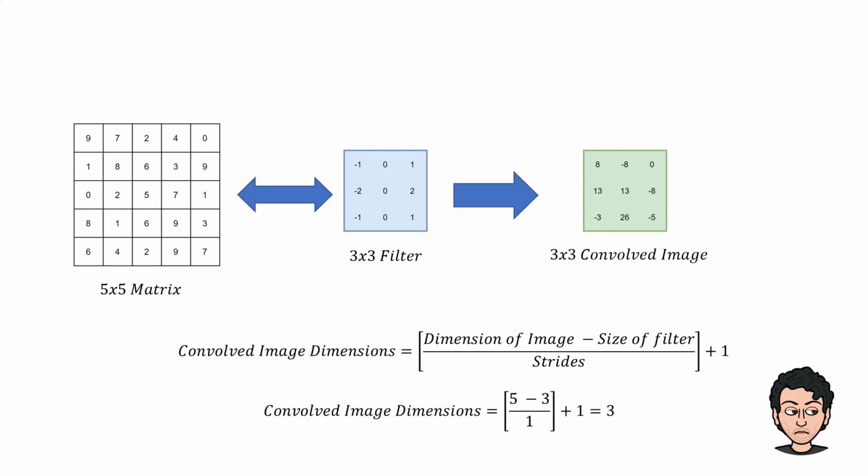So an estimate can be taken like this. The convolved image dimension is equal to (5 minus 3) divided by 1, plus 1, which is equal to 3. Five is the matrix size and 3 is the size of the filter. Similarly, this can be applied for all images. Say you have a 6 by 6 image and you apply a 3 by 3 filter: we get a 4 by 4 convolved image. This math carries forward everywhere and helps you determine the size of the convolved image before the computer synthesizes it. Having an estimate of these things is very good for you.